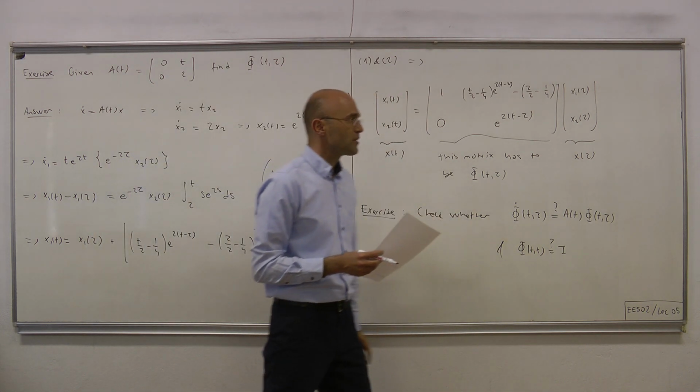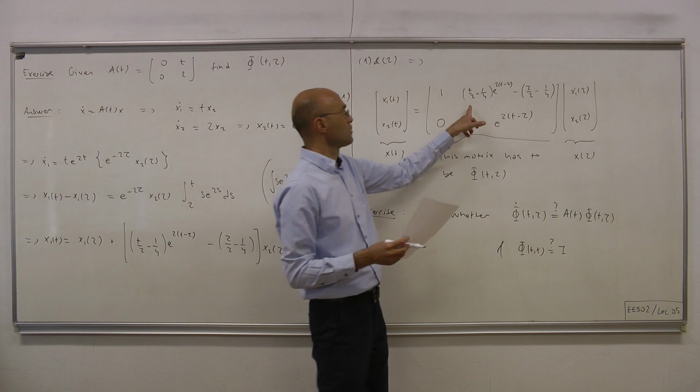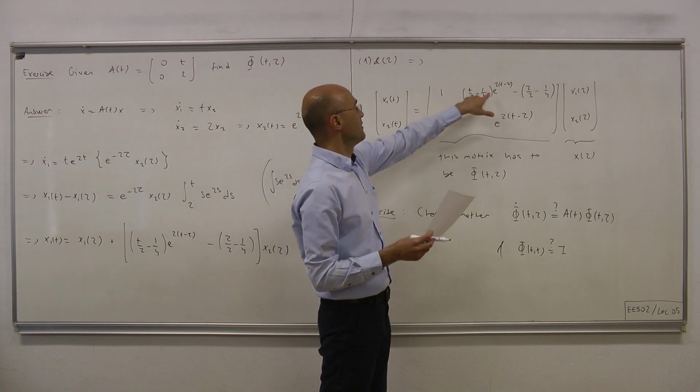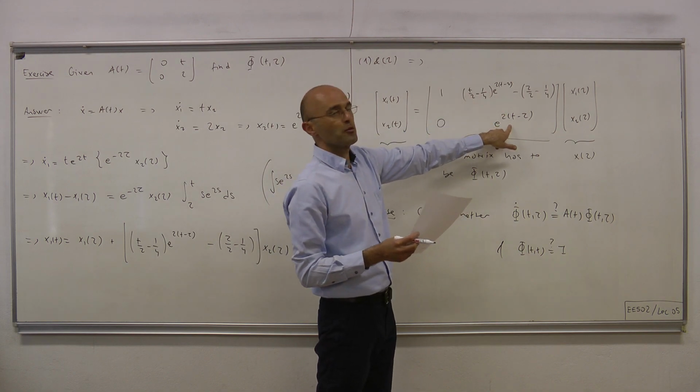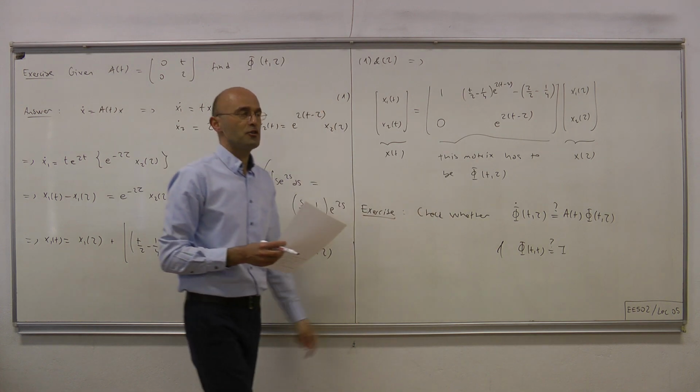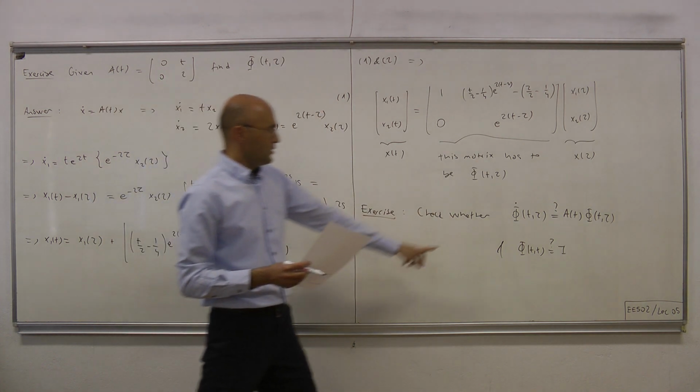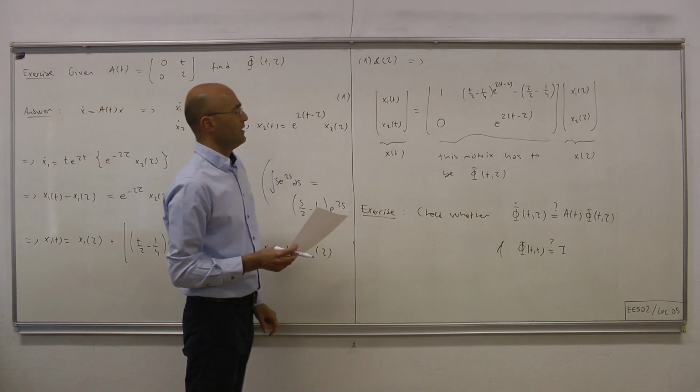Well, checking this is straightforward. Plug in t equals tau, then this becomes 0, this becomes 1, and what we have is the identity matrix. Checking the other requires just a little bit